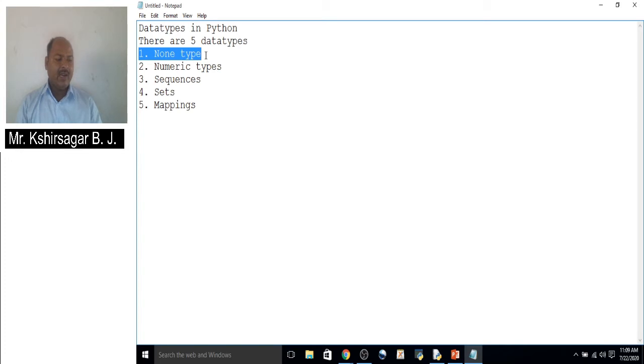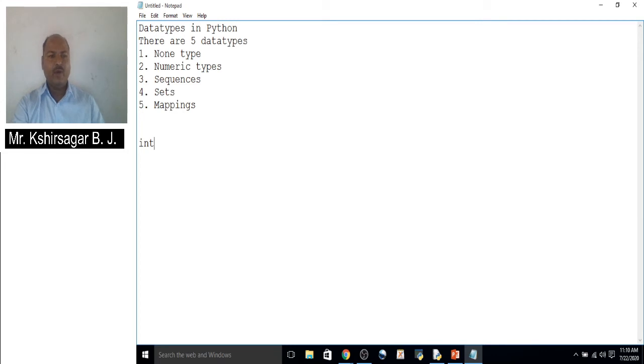In Python, the none data type represents an object that does not contain any value. If an object does not contain any value, the type of that object is considered a none type. In languages like Java, it is called a null object. If you don't want to store a value, you can write it as null. If you declare int a equal to null, it means we have not stored any value inside that variable.